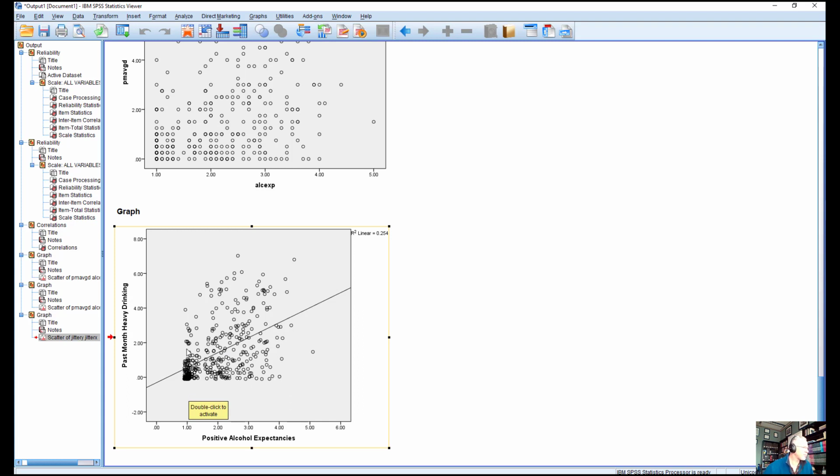But most of the heavier drinkers have somewhat heavier alcohol expectancies, right? My heaviest drinker does not have real low alcohol expectancies. And my heaviest drinkers all have at least somewhat high alcohol expectancies. So that kind of gives you a graphical picture of the correlation.